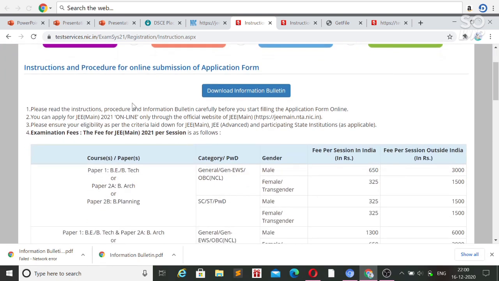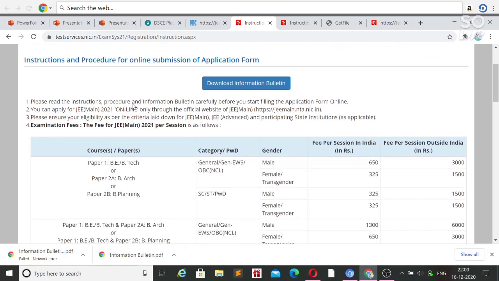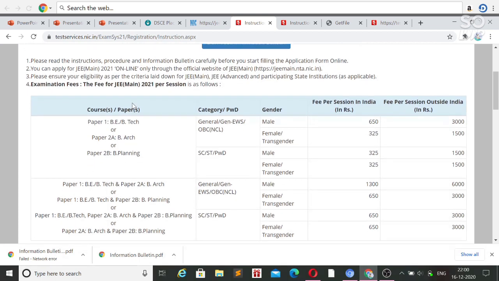So before registration, here are the important points to keep in mind. If you apply for only one exam, that is B.E. or B.Tech, or B.Arch, then you have to pay 650 if you belong to General, EWS or OBC male, and for female it is 325, and for SC, ST, PwD it is 325 for male and female both.